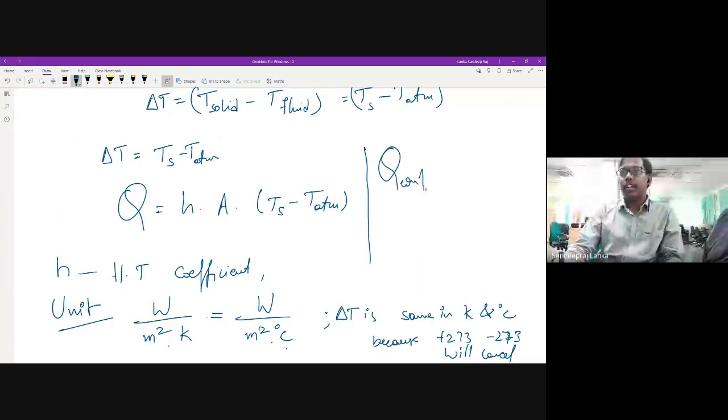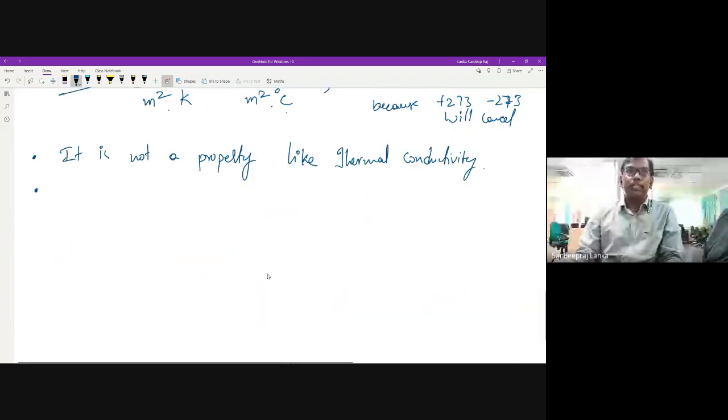If I write Q for conduction, whatever the kA (T1 minus T2) by X you are taking, this part is for the same solid. It is not between the solid and fluid for conduction. It is for the same solid. But here it is between solid and atmosphere. So what happens is this H is